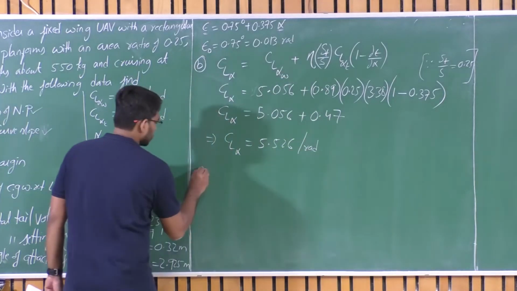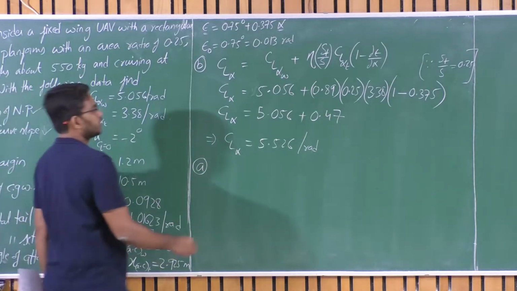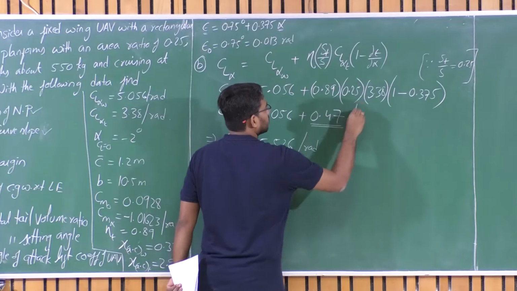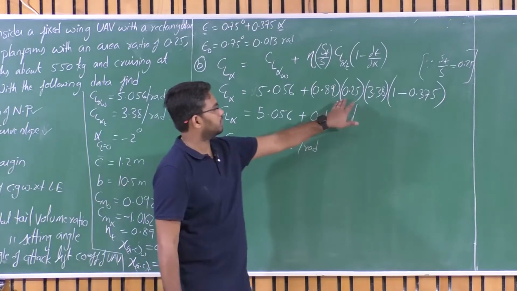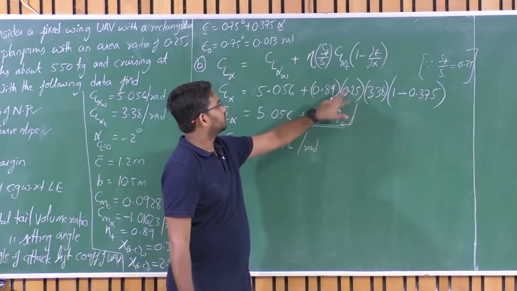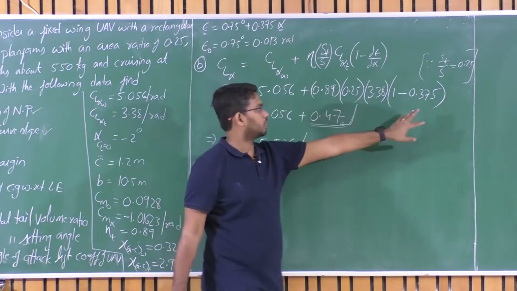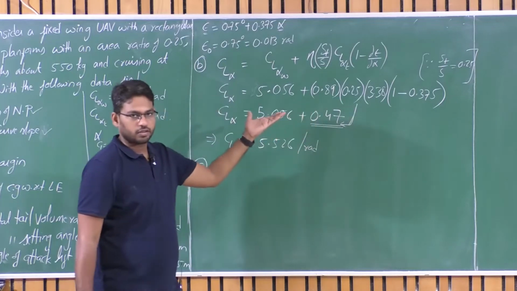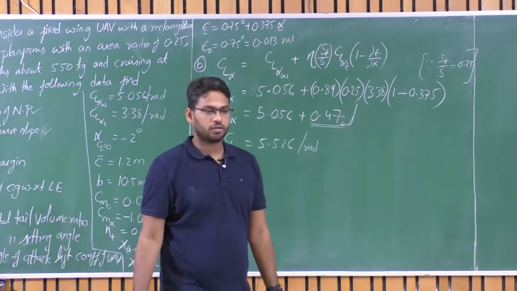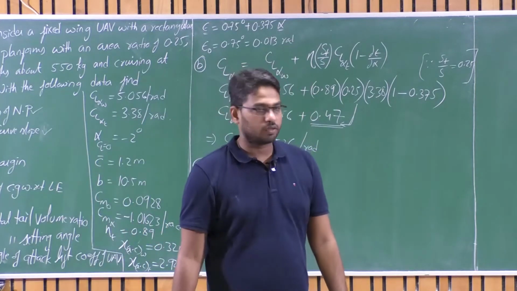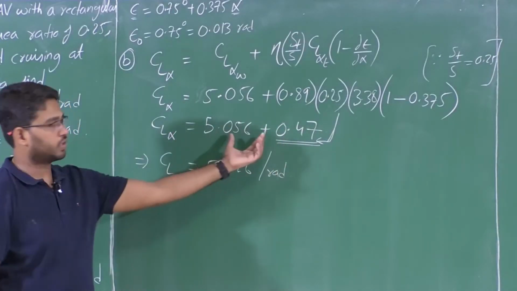Now let us address the first question: what should be the location of the neutral point? Now you can appreciate how small the contribution from the tail towards CL alpha is. That's because it is majorly affected by ST upon S. If this is 1, then it is almost close to 0.89, like 90% of this, and without downwash it is almost the same, right? But because of this ST upon S, which you decide based upon the required tail volume ratio, your contribution of CL alpha tail towards the CL alpha of the aircraft is very small here.